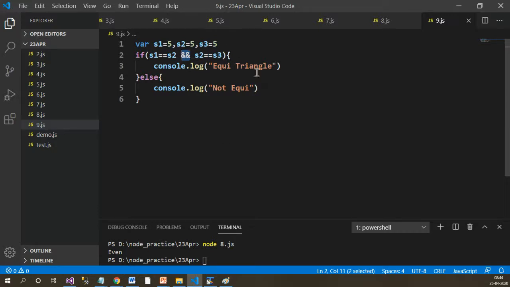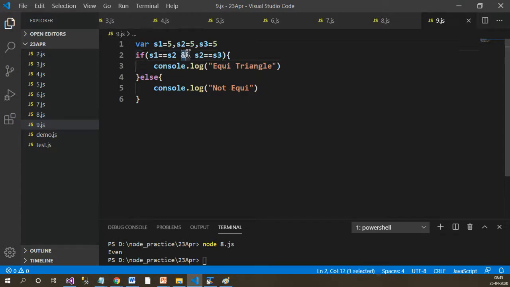So we can use the knowledge of traditional programming that we already have in Node.js. Only a few differences, like triple equal to and not double equal to. These are the additional operators available while performing some arithmetic operations.